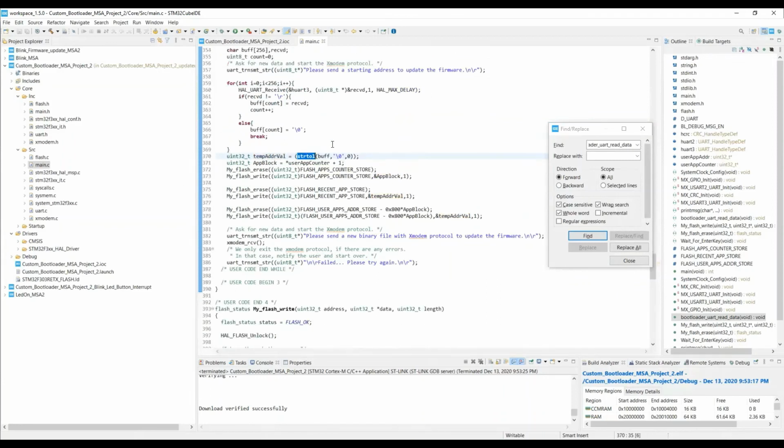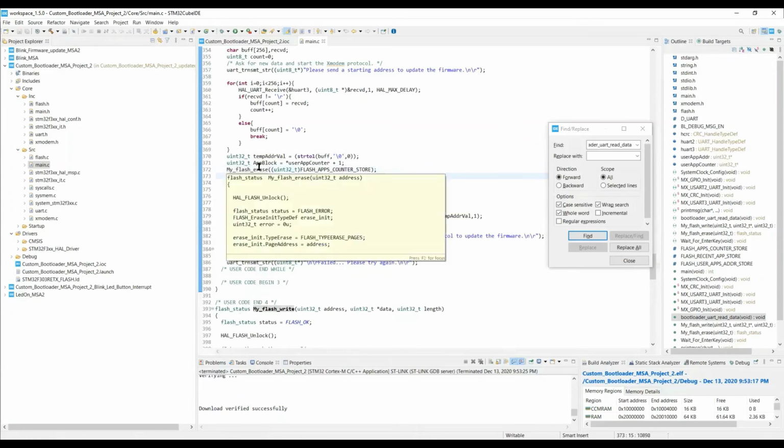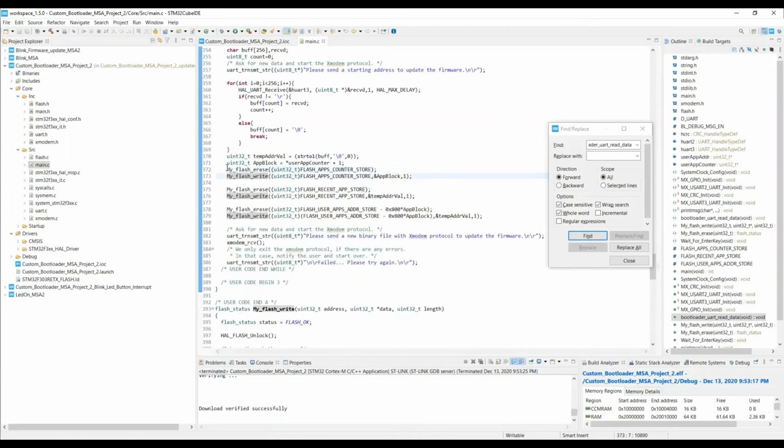Once we have the new address location where the user needs to write the new app, as I told you, we need to store these values so that even when we reset the board, these values are retained and can be used for further evaluation. So we use these flash write APIs to write into the flash. To write into the flash, you need to erase it first.